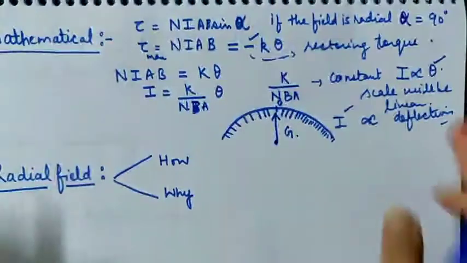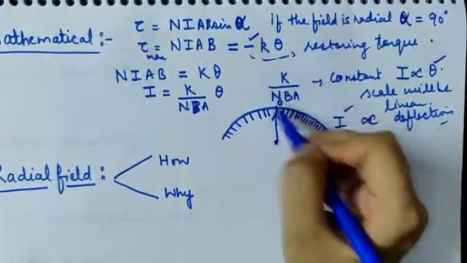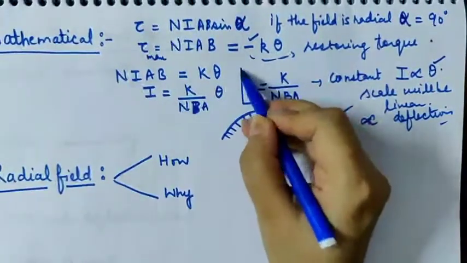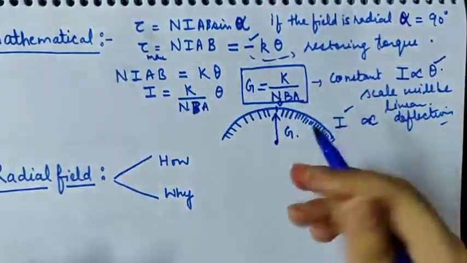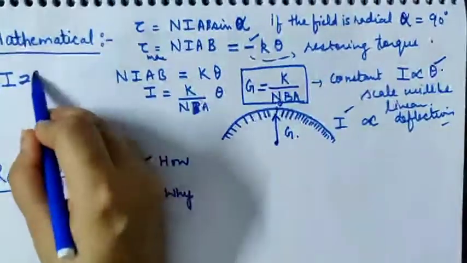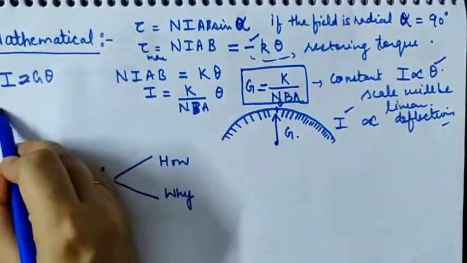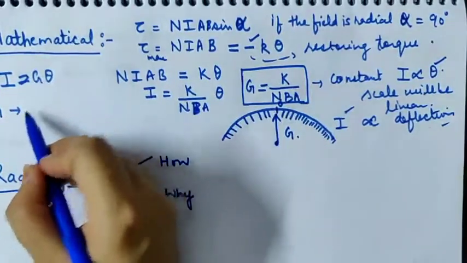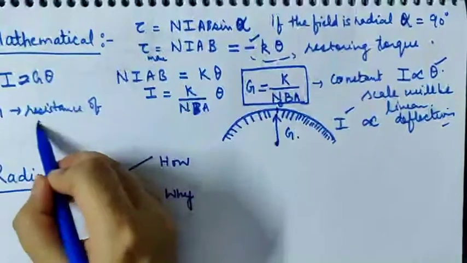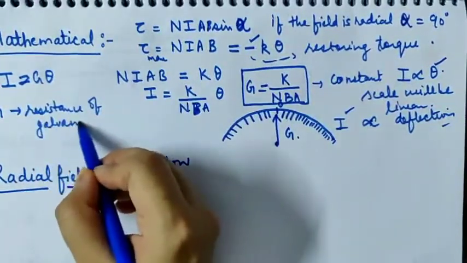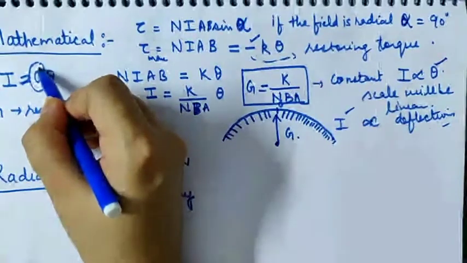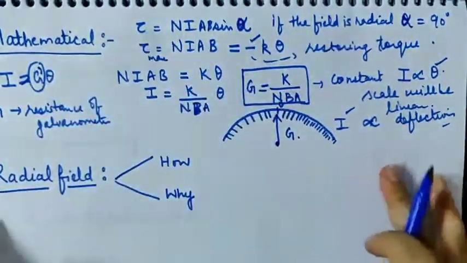So this was all about it, and this k upon NBA is written as capital G. It is called the galvanometer constant. Capital G will not be used anywhere else. It's just for a symbolic purpose. But while doing numericals, children, capital G will symbolize the resistance of the galvanometer. Resistance of galvanometer. So for the time being, you people can write G to be G dash, so that you might differentiate between